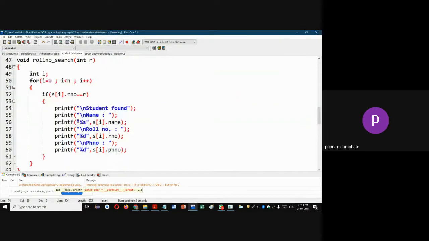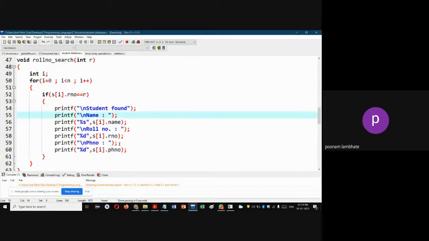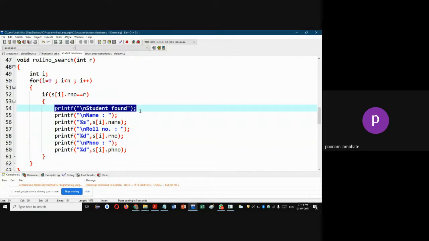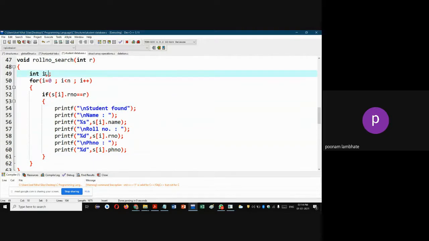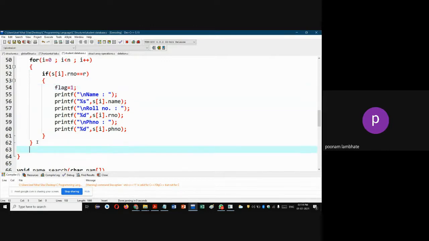Now what if student is not found? So in the else part of this, you can write some condition for when student is not found. For this, you can use a flag variable. Suppose I write here flag equal to 0. So whenever student is found, make the flag equal to 1, and outside your for loop, if flag is equal to 0,